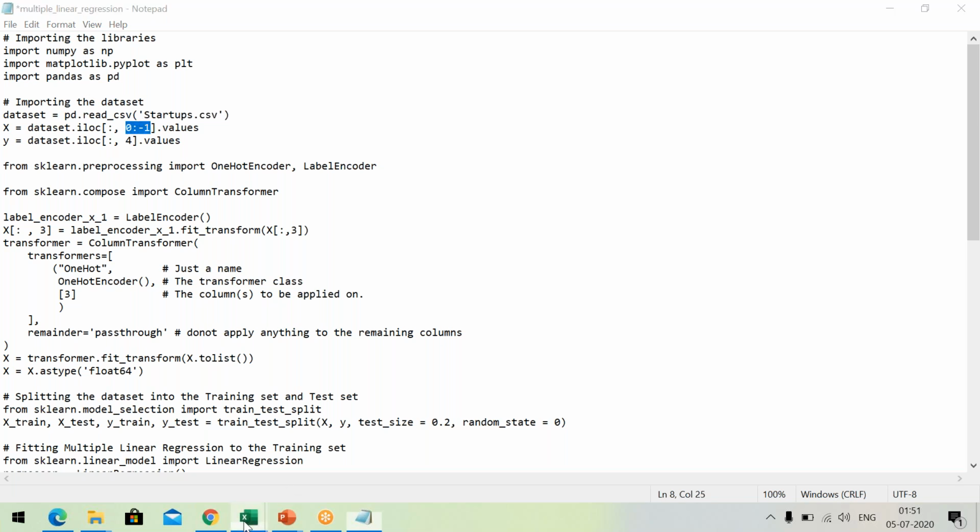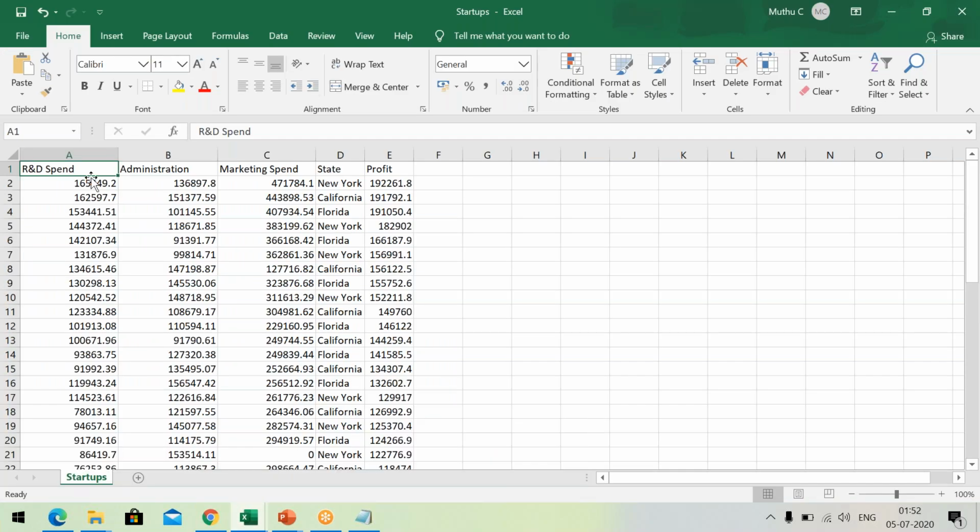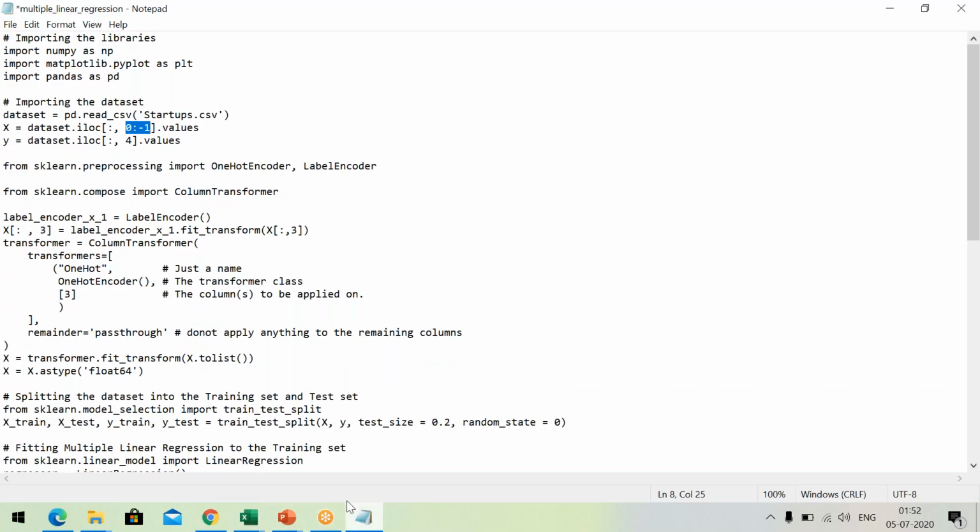So let us have a look at the table once again. You should start with the 0th column and proceed: this one, this one, this one. Where should you stop? You should stop here, because this is the last column, and this is the last but one column. So what do we tell the system? The 0th column, first column, second column, third column together constitute the independent variables. So we have read in the data, we have defined the independent variable, we have defined the dependent variable,